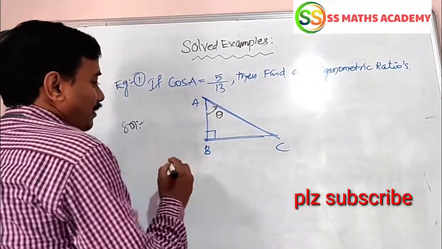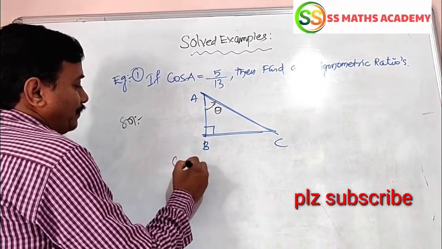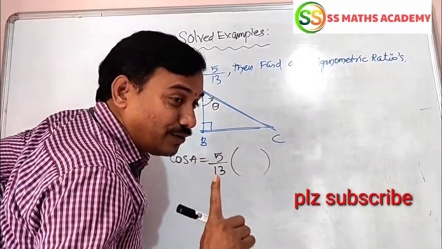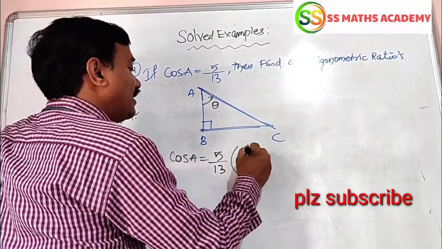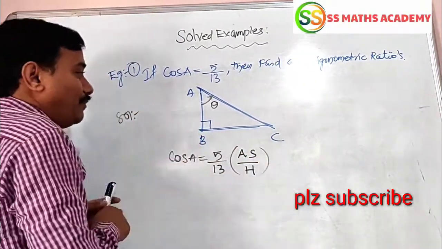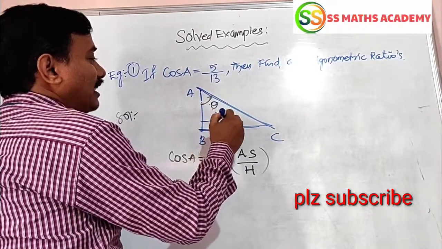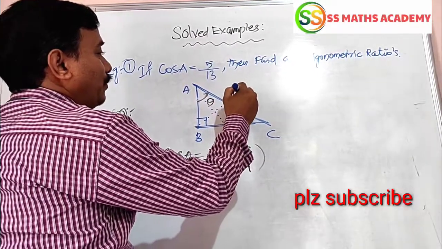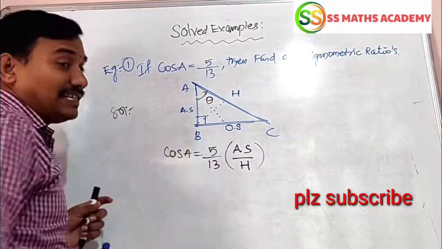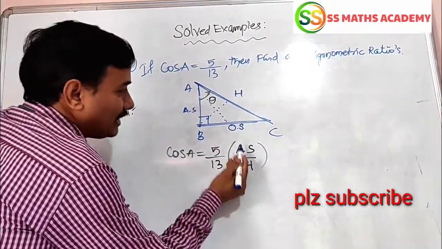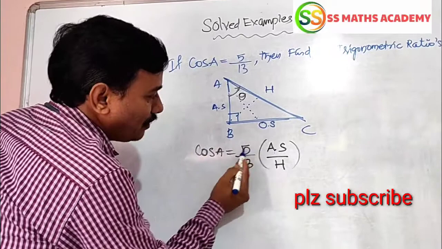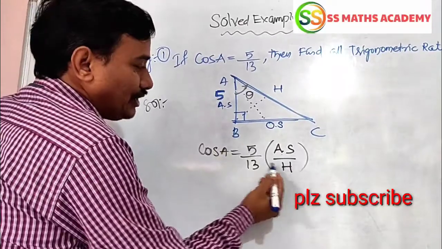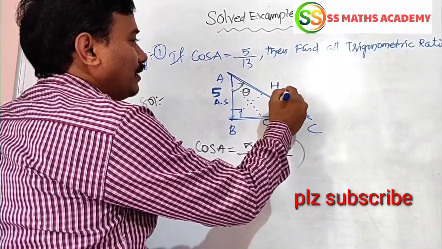So now, cos A equals 5 by 13. As you know from our beautiful word Osha Chota, cos theta is nothing but adjacent side by hypotenuse. With respect to theta, the perpendicular side is called the opposite side. The side opposite the 90 degree angle is called the hypotenuse, and this is called the adjacent side. Now AB value is 5. You have to substitute 5 here. AC is 13. You have to substitute the value 13 here.